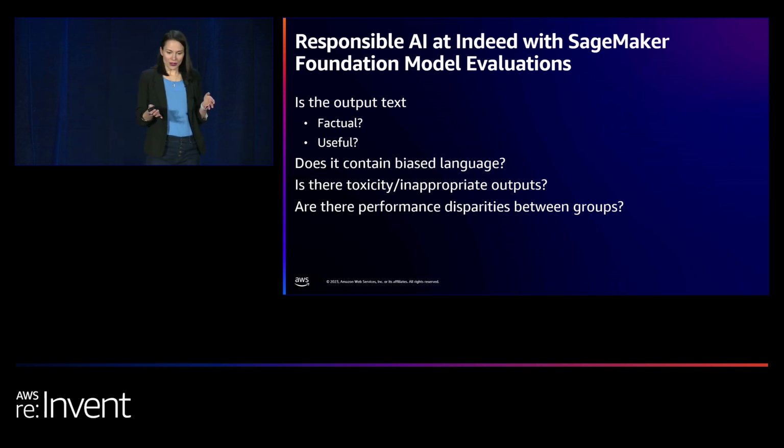Toxicity and inappropriate outputs is the really obvious one. We don't want any sort of headline-generating text coming out of our models. We don't want any poor language or threats, violence, et cetera. For toxicity detection, there's a couple of different models that you can choose from on FM-eval, and you can test for toxicity among a number of dimensions. It'll describe whether it's severe toxicity, hate speech, violent, et cetera, so you can get that classification as well.